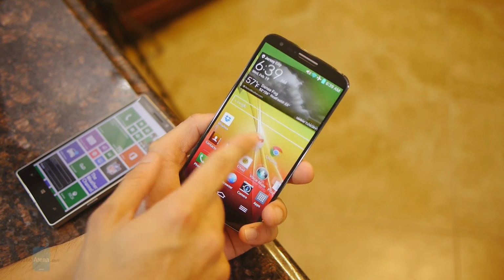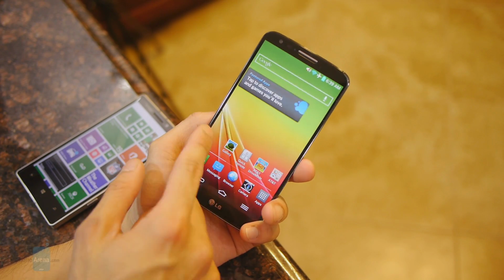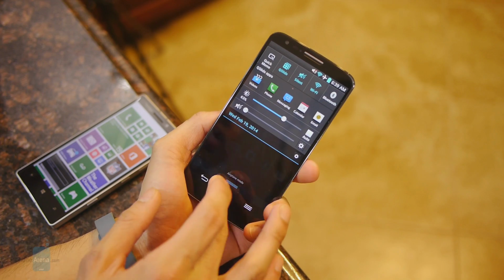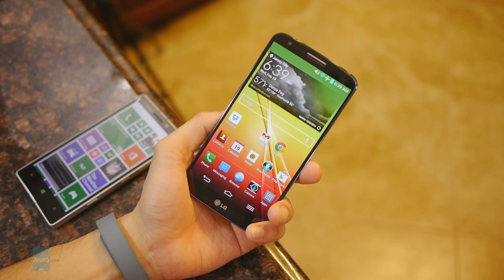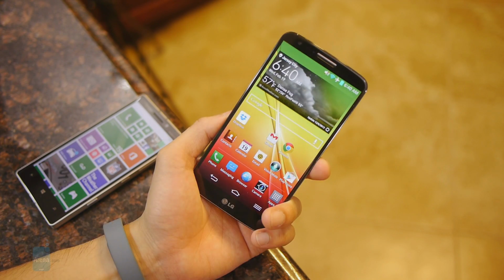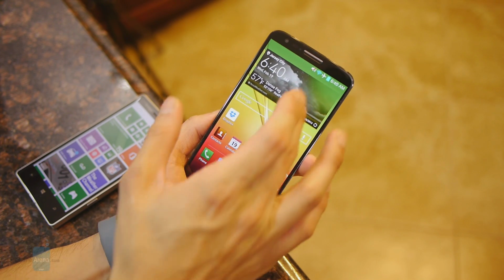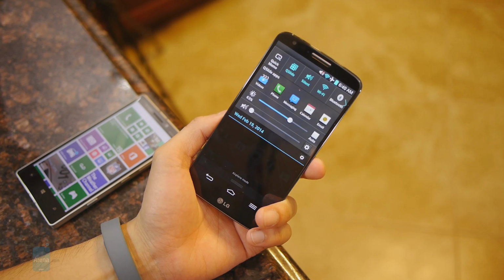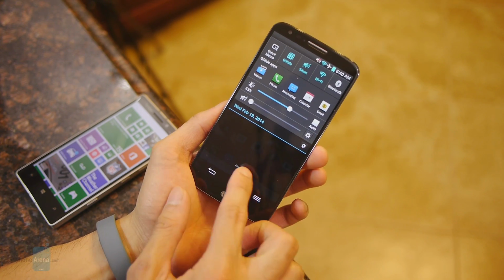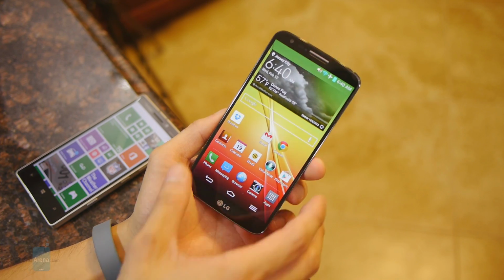Despite having an interface that looks a little bit more cartoony compared to its rival, the customized Android experience with the LG G2 just offers a lot more personalization, and you see the maturity in the platform through several different areas. For example, you have a better implementation with notification with the customized Android experience of the LG G2. Everything's aggregated in a single spot, and you could access that at any time by swiping down from the top